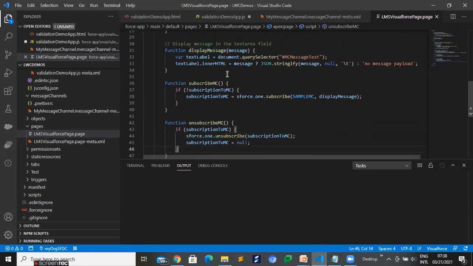Unsubscribe is basically used to unsubscribe, so that whenever any notification comes, it will not handle it, right? So for that, we are using sforce.1 unsubscribe, and after that, we are just assigning